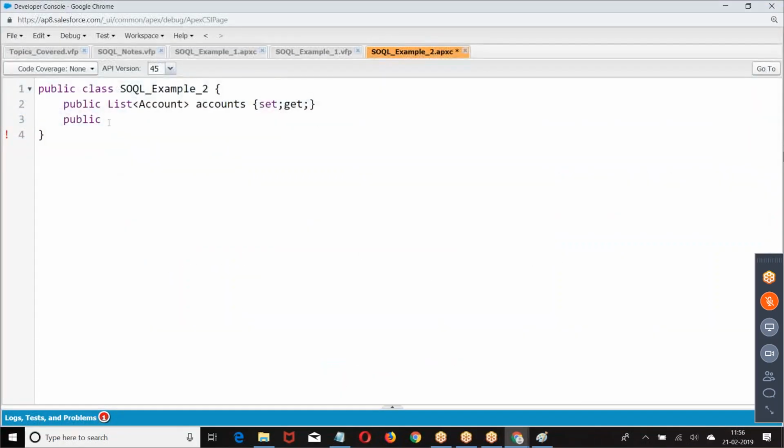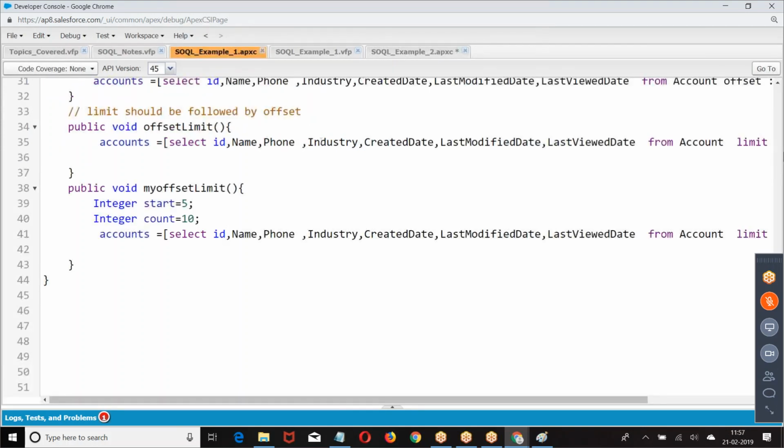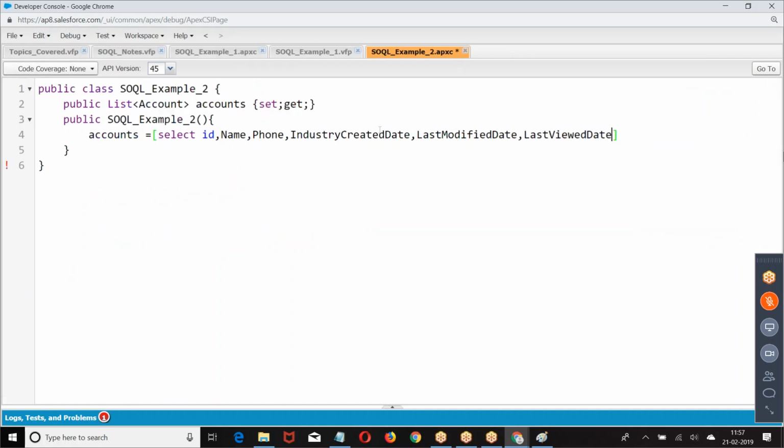Now go to this SQL query. SQL example. First, fetch all the records. How do you fetch all the records? Industry. Then what are the other fields you want? Created date, last modified date, last viewed date.